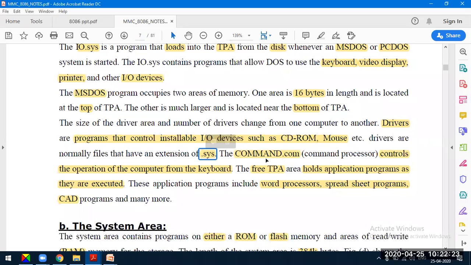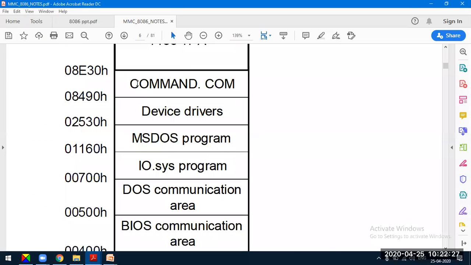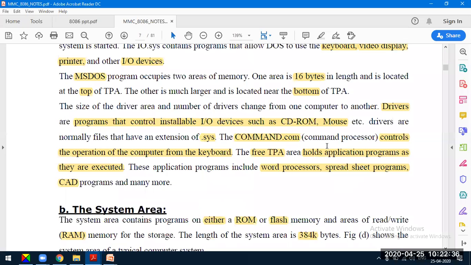Okay, and next is command.com. Somewhere here, command.com. Okay, so what is this command.com? This command.com is a command processor that controls the operation of the computer from the keyboard. So that means, you have seen this command prompt.